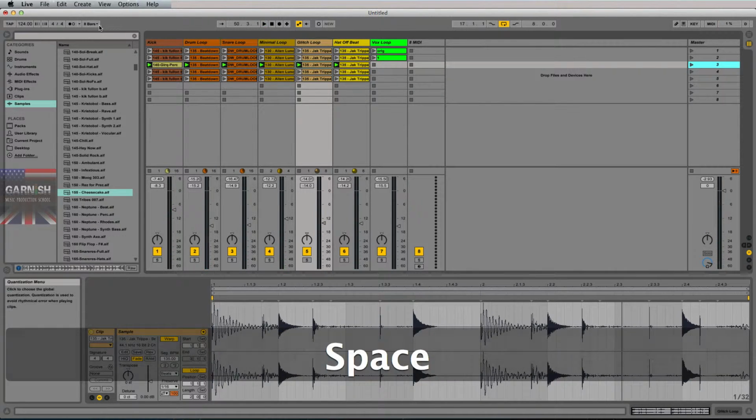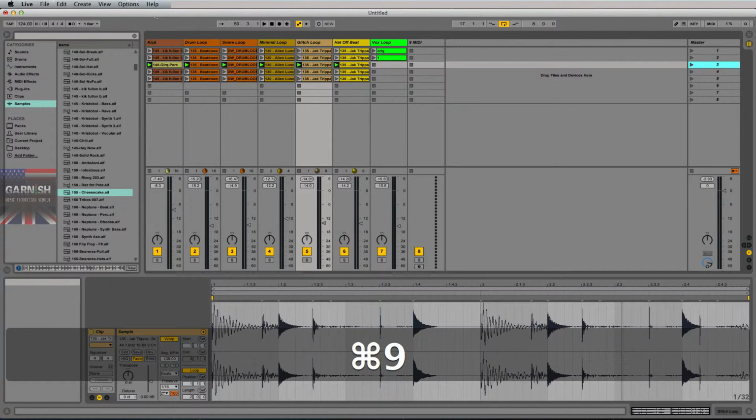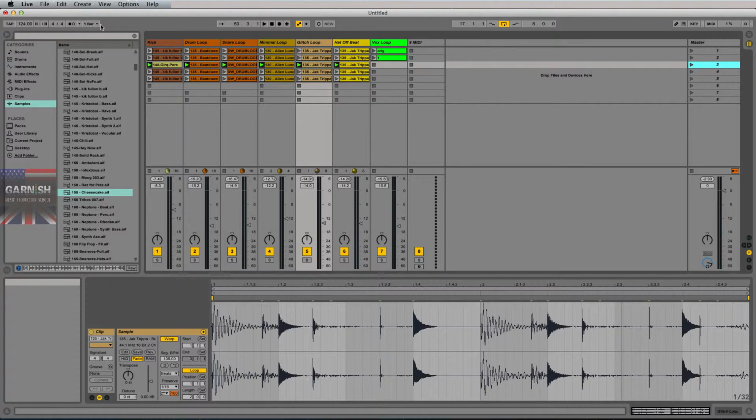So global quantize, very, very useful, both in auditioning clips, auditioning scenes, and especially when trying to find loops, one-shots, and samples from your browser window, okay? When composing a beat, I highly recommend you start at 1 bar. The quick key for that is Command 9. As you work your way through your session, you might find that 2 bars and even on up to 4 bars and 8 bars is a lot more handy because you don't have to be so quick on the draw to cue up the next scene within,